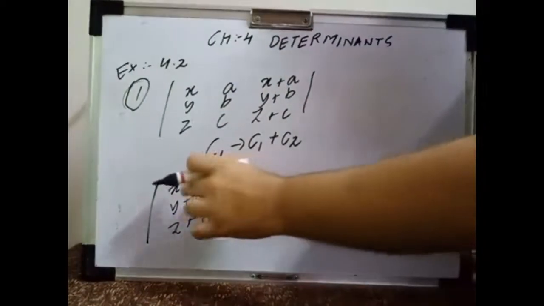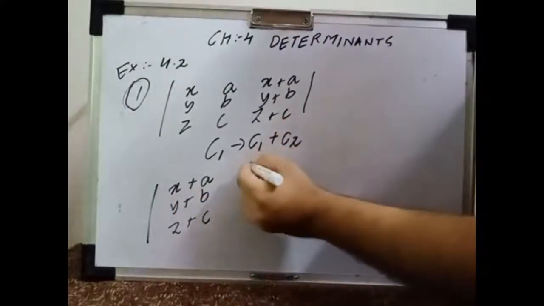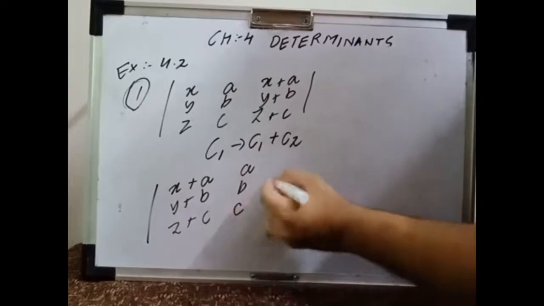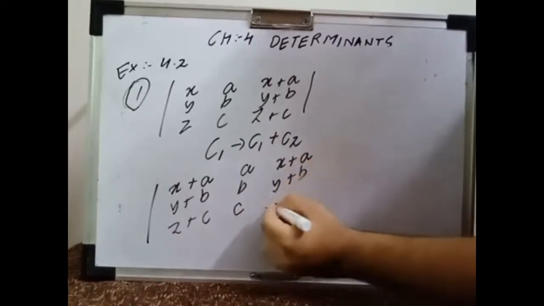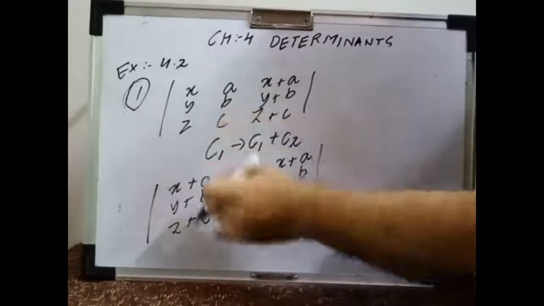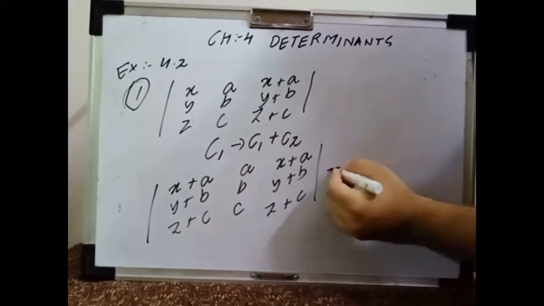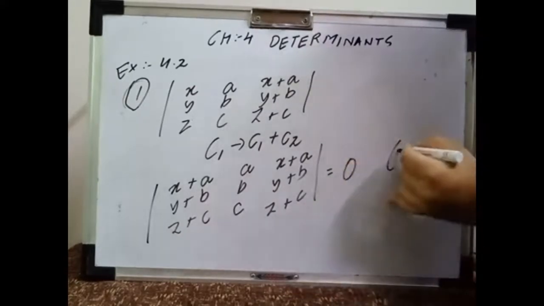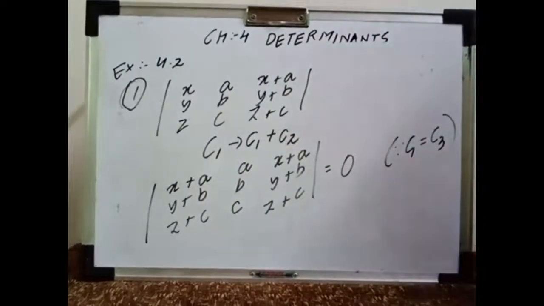Column 2 and column 3 will be unaltered, and as you can see, your column 1 and column 3 are identical, so the value of this will become 0. You can say that because your column 1 is equal to column 3, applying property